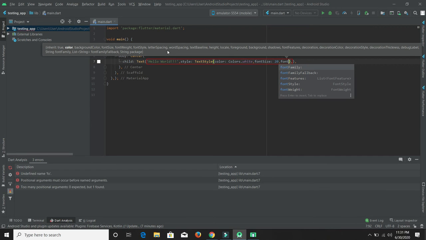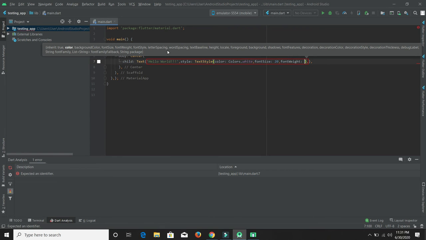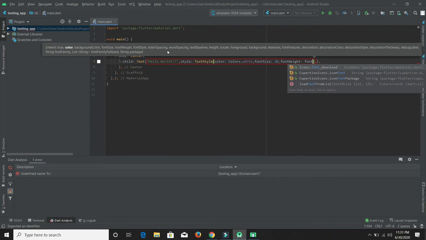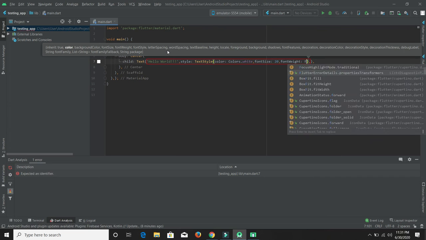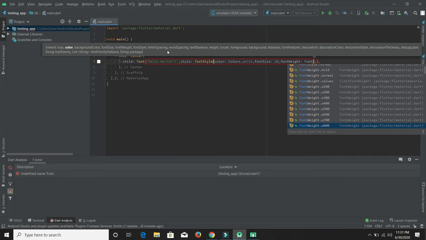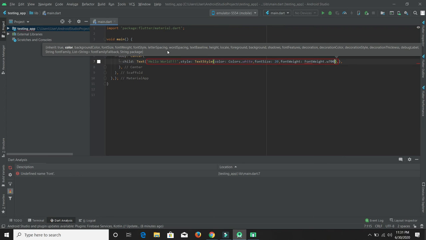it will be a little bit zoomed, and then the font weight has a good number of lists. Like we can say it has FontWeight.bold, FontWeight.normal, and a variety of lists from W100 to W900. W100 is the lightest and W900 is the heaviest. So I recommend W700, which looks most likely like the bold, but it's a good one. So we're gonna select 700, and then